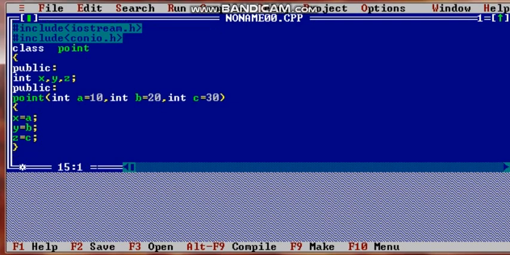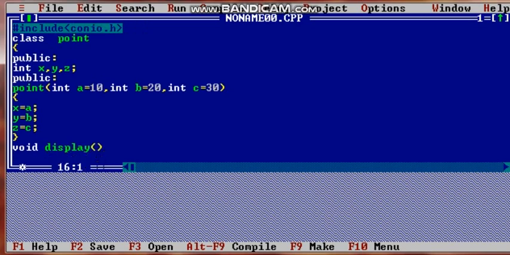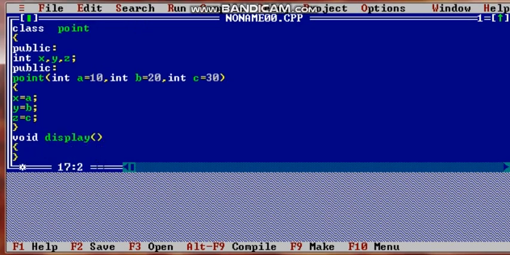Now I am making a function to print the values of x, y and z: void display, the function name. Now what will display do? It will print the values of x, y and z. I am giving here \t and then the message with value of x, in small letters, not capital.